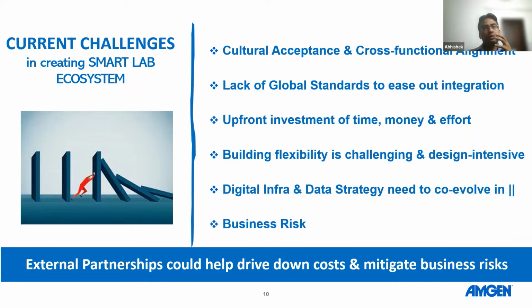Secondly, some scientists are wired to have control over their experiment. With cloud coming in, with automation performing the actual experiment, with different groups having different ideas of how to execute an experiment, there's a cultural acceptance and cross-functional alignment challenge, especially for big pharmas. An overarching strategy needs to be put together, and proper focused leadership should be there to make things happen in a more tangible, more